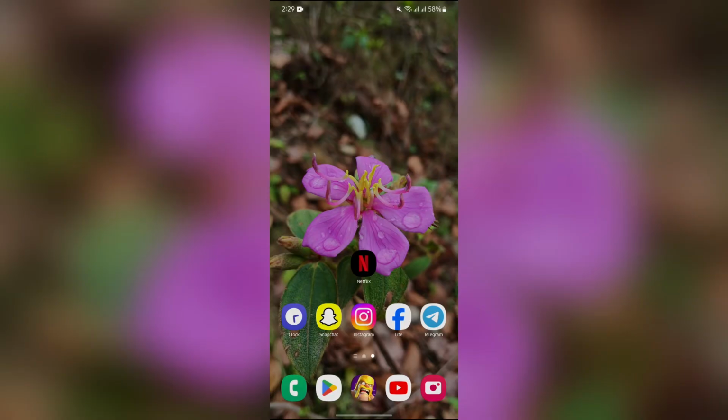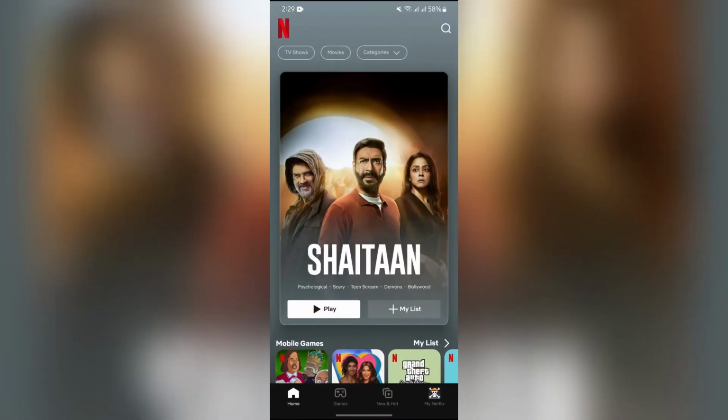Now, in order to request a TV show or movie on Netflix, you just simply have to open your Netflix application at first, and after that this home page will appear. Now in here you just simply have to tap on this My Netflix option at the bottom right corner, and